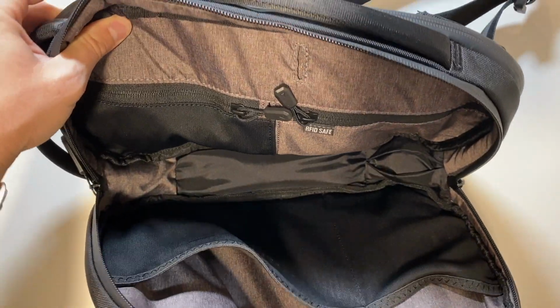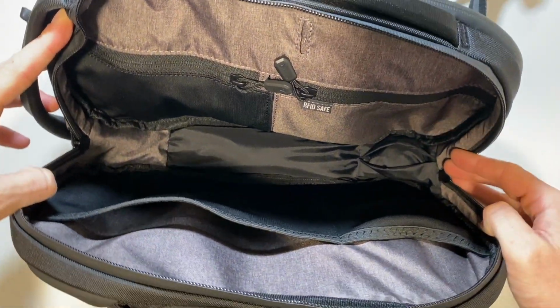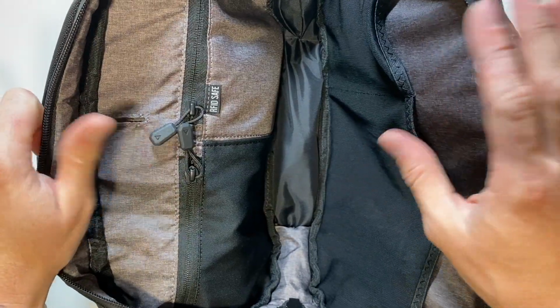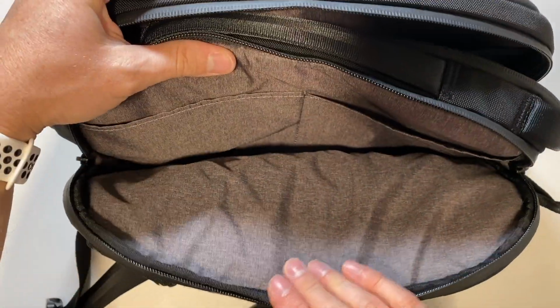Next, we have the largest compartment, and this one right here is probably my favorite. It really is designed for organizing your tech. So in here we have a couple of different pouches. We have 2 zipper compartments over here on the side, allowing for endless amounts of opportunities to organize and categorize your bag. And then lastly, we have the zipper compartment in the back, which is just going to be your